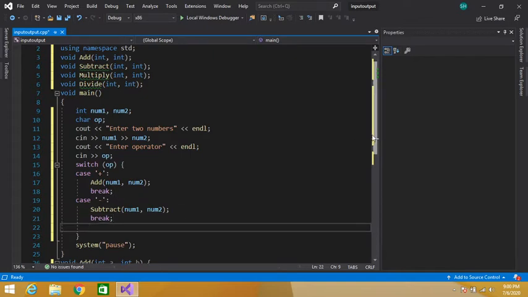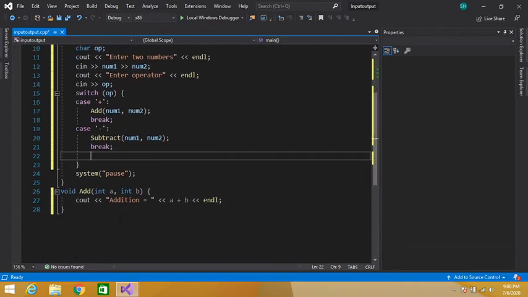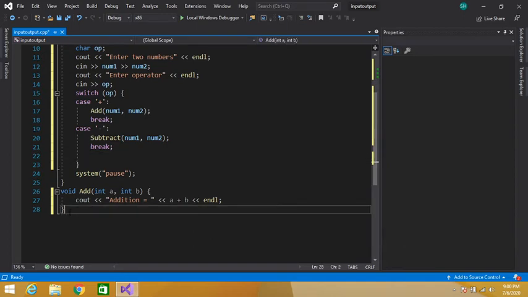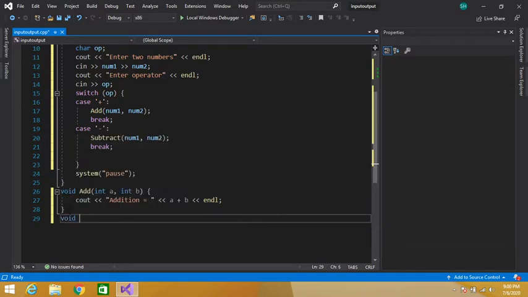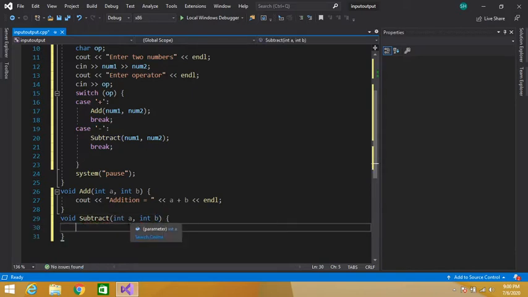Now we will write the definition of this subtract function. So down here we will write void, meaning this function will not return anything. Subtract, and then in parentheses two integer parameters. You can give any name here.